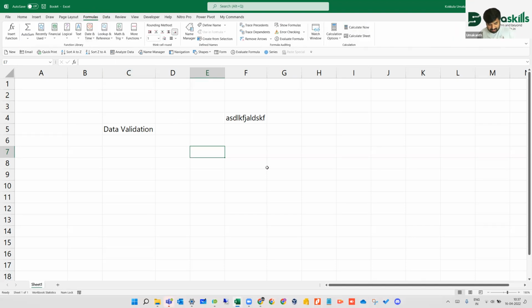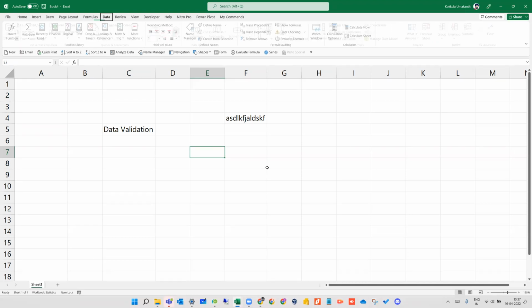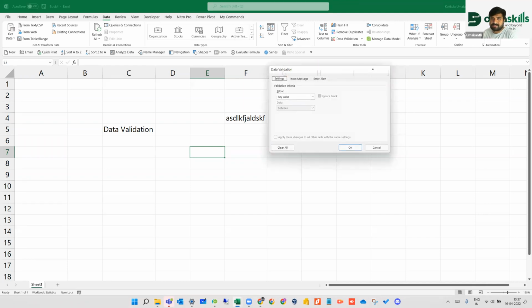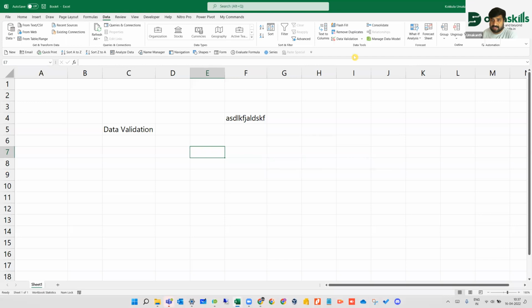Alt DL is the shortcut to create a list here. You get to see data validation within the data tab, under data tools. What is that? Pick from a list of rules to limit the type of data that can be entered in a cell. For example, you can provide a list of values like 1 to 3, or only allow numbers greater than